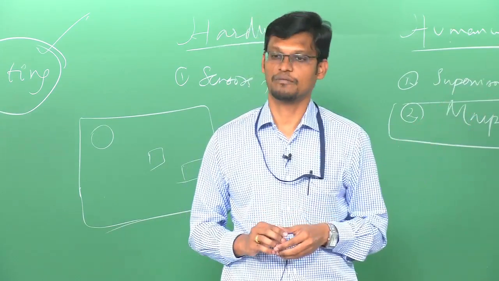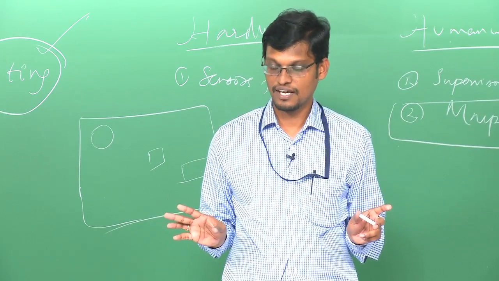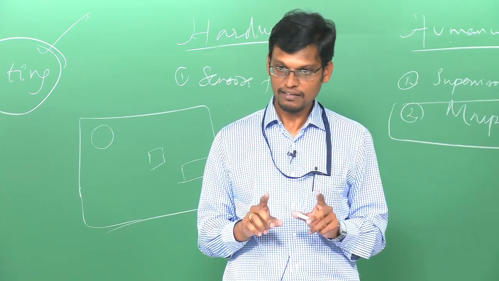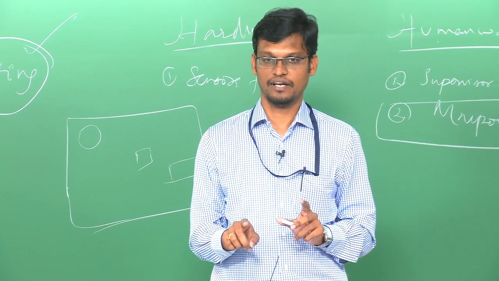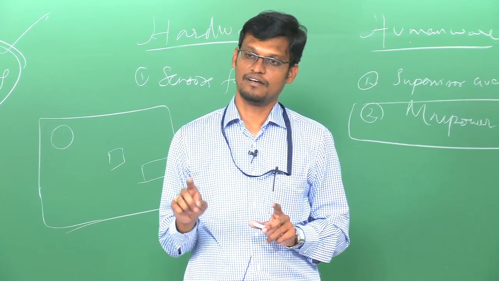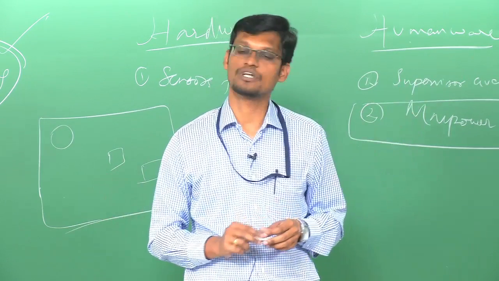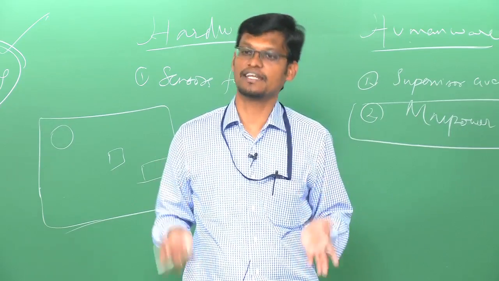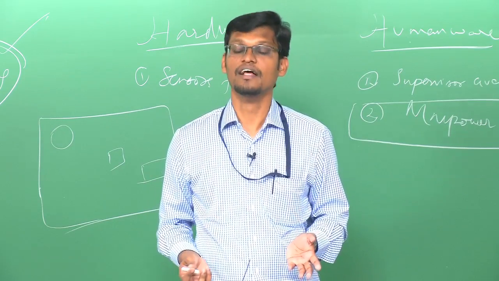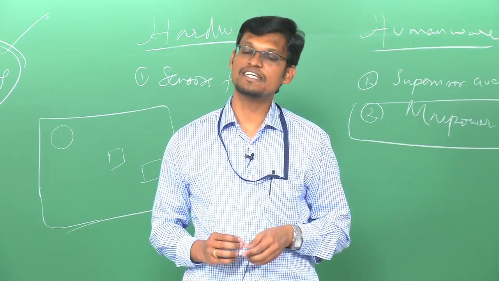The second thing is substitution. Okay. I want the process, I cannot live without the process, but can I have a chemical or substance which is relatively lower in the nature of its hazardous properties? That is substitution. Now, I am not able to achieve both of it. I require that chemical, I require that process to be done. Then what are the engineering controls that I have? What is an engineering control?